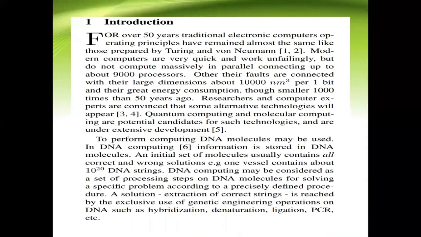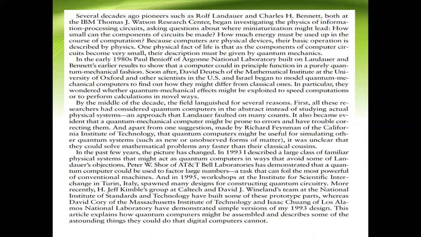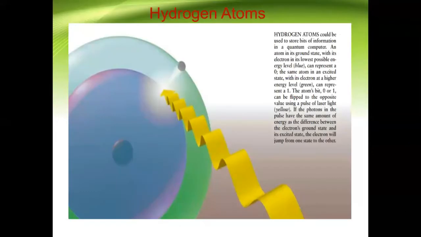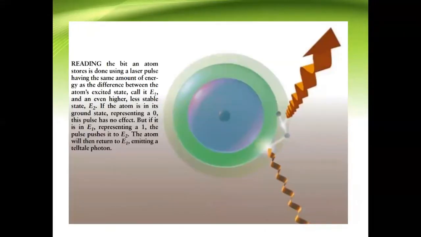In the previous class we have seen the basic principle of a quantum mechanical computer. That is the introduction. In that we have seen a comparison between the conventional computer and the quantum principle, quantum computing and molecular computing, all these things. Then we have seen the hydrogen atom as a model for a quantum computer, where the electrons jump from one level to another level when a laser beam of light energy is passed on it. The same diagram.